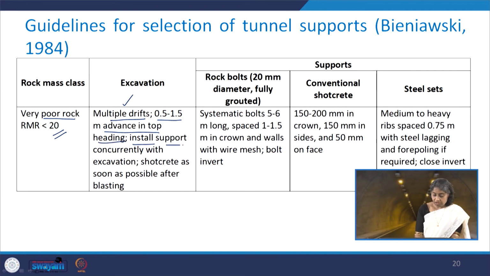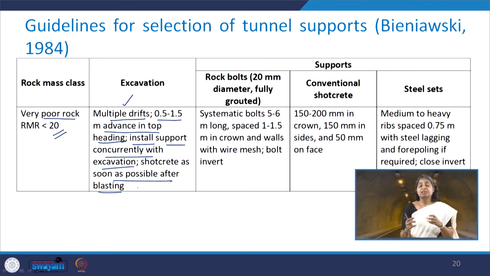You need to install the support concurrently with the excavation and provide the shotcrete as soon as possible after the blasting, because since it is very poor rock mass, immediately upon the excavation the rock mass starts experiencing the fall of roof wedges or maybe from the side walls. So, if you provide the shotcrete immediately after the blasting, at least it provides some kind of support and prevents